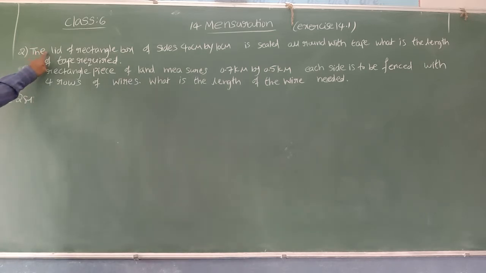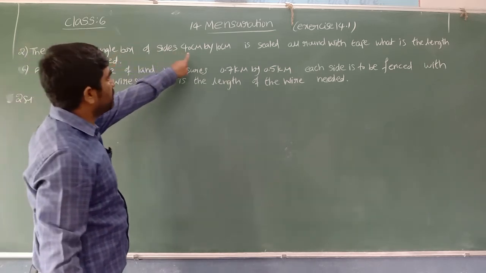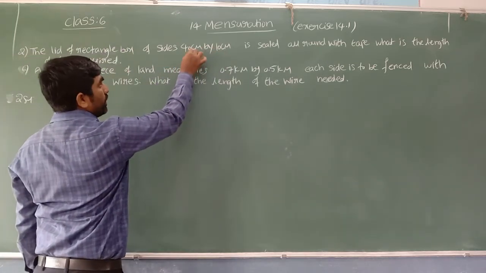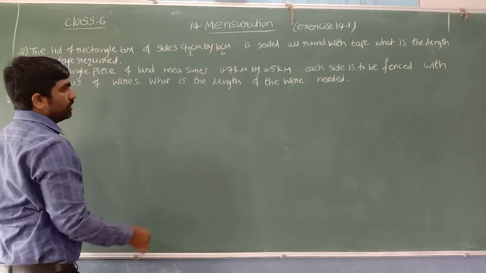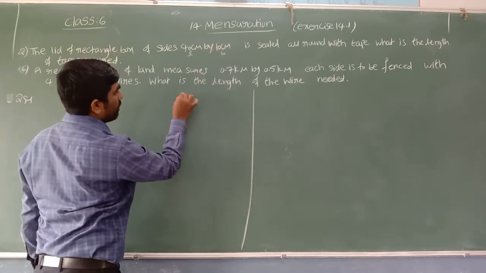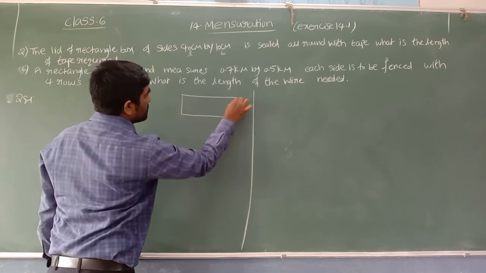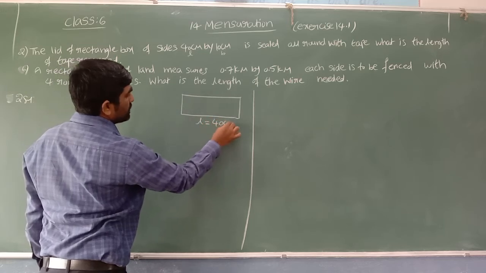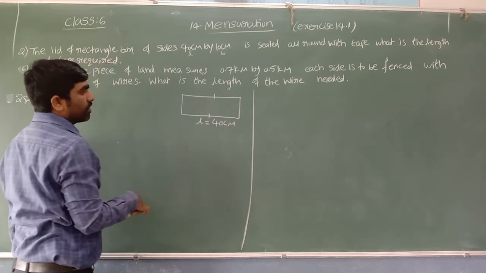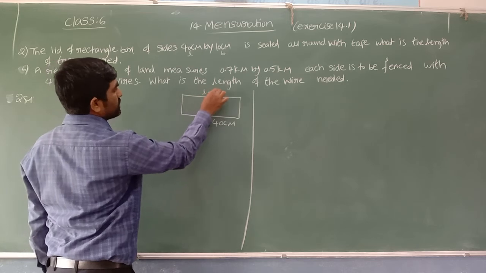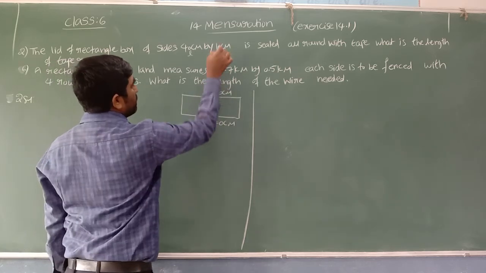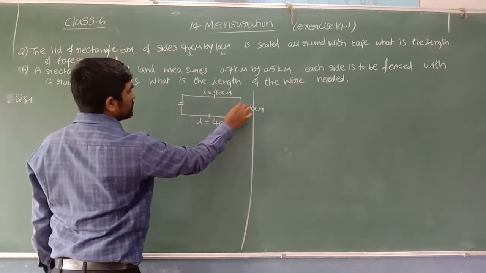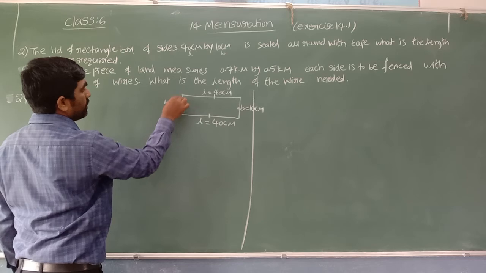What we said here? The lid of a rectangular box of sides 40 cm by 10 cm, length by breadth. So we take one as length, one as breadth. Yes. Let me draw one box. A rectangular box whose length we can denote with L. Length is equal to 40 centimeters, as opposite sides are equal. So even this length, which is how much? 40 centimeters. And this side, breadth, is 10 centimeters. Breadth is equal to how much? 10 centimeters. Its opposite is also equal. So B is equal to how much, beta? 10 centimeters.